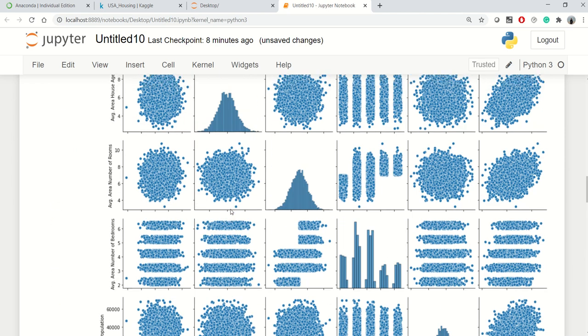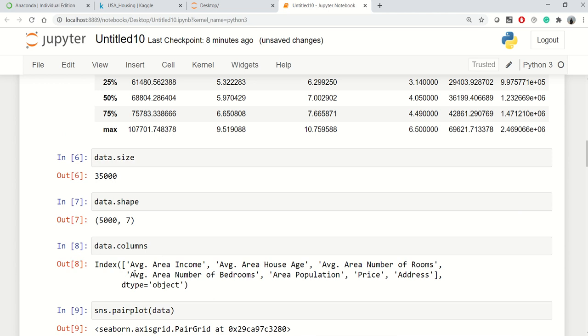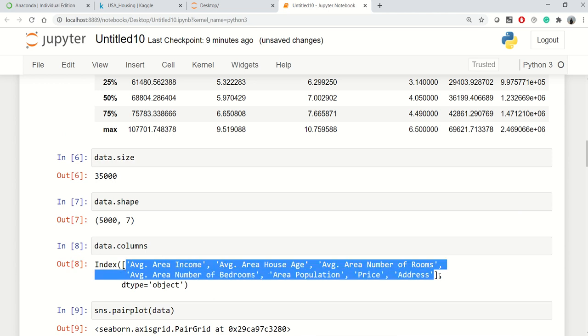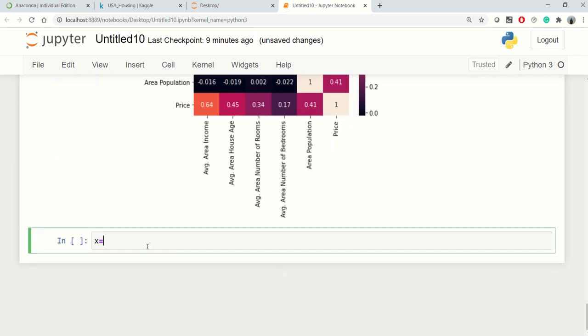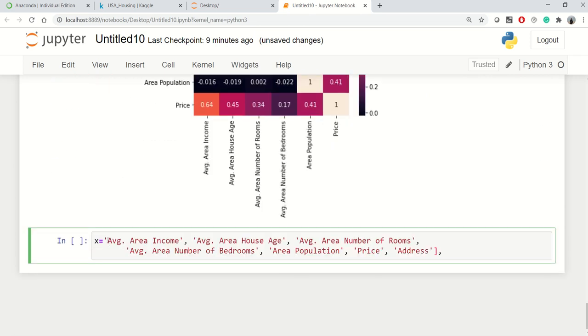Okay, so let me go ahead and grab the column names from here. And our X would be data and these many columns. Make sure you are using double brackets here.